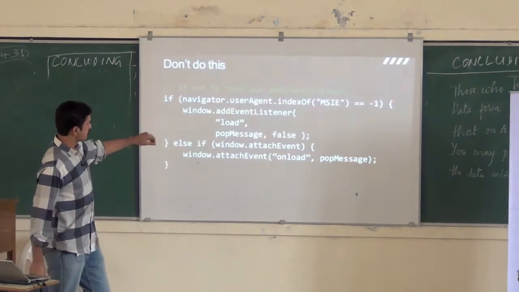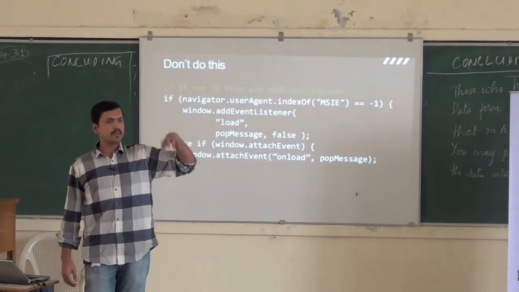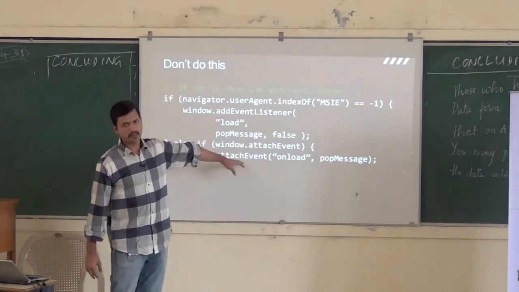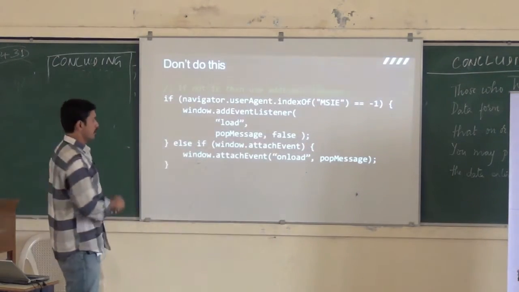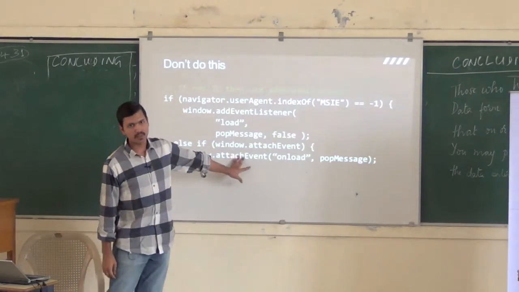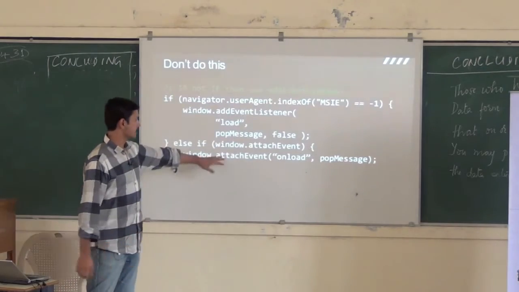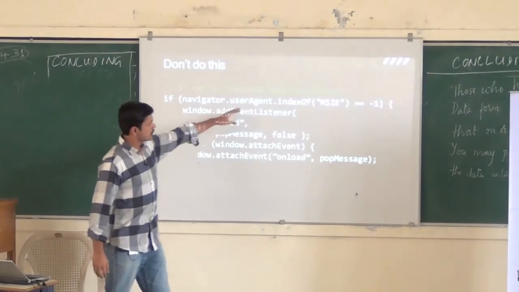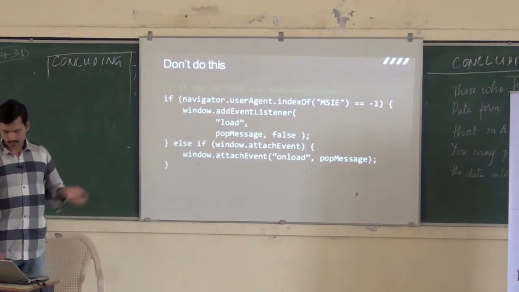The problem with this is addEventListener is the W3C way of adding an event handler for a particular event, right? attachEvent is Microsoft IE proprietary. So you don't want to do proprietary things if you can help it. And this is deprecated, so newer versions of IE will not have it. It is there right now, but it's a deprecated API. It might go away at any time. So you want to use addEventListener whenever you can. This particular code checks if you are IE. If you're not IE, then it goes and says addEventListener. Otherwise, it calls attachEvent.